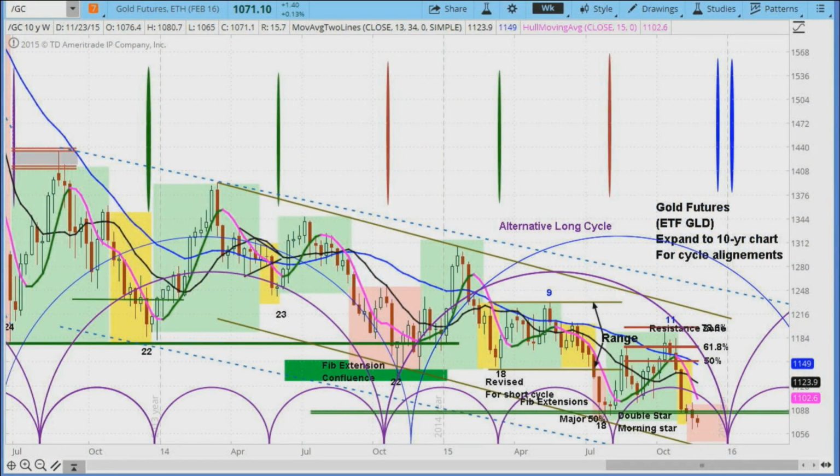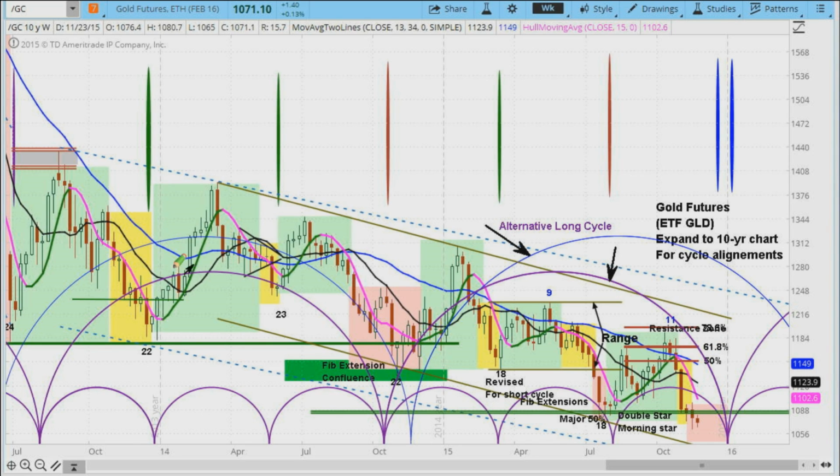Now there are 2 big cycle patterns in here. I want to be clear. This one right over here is the cycle bracket of the one that I think is the most reliable. There's a bigger one in there right over here that's out of phase with the smaller one that may come into play sometime much later out there. We'll see, because it still has some validity to me, but we're focusing on this other one right now